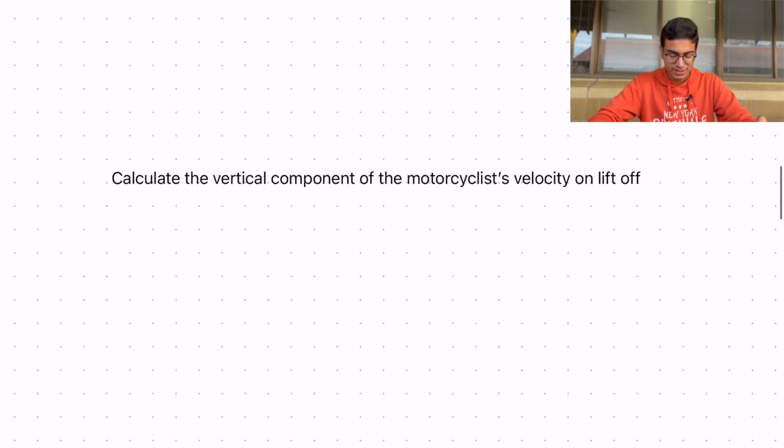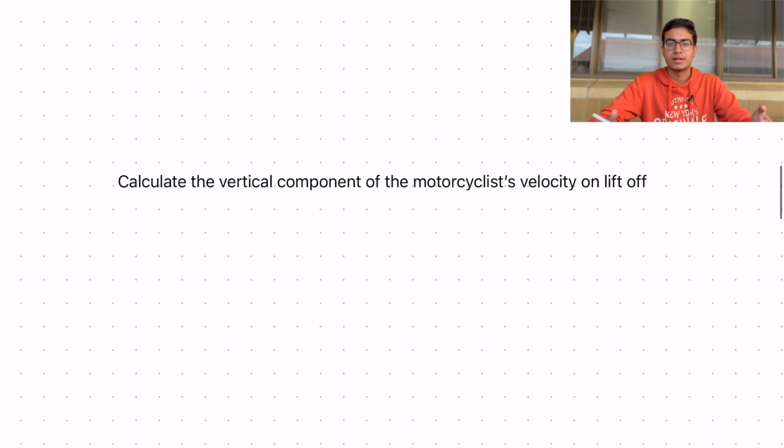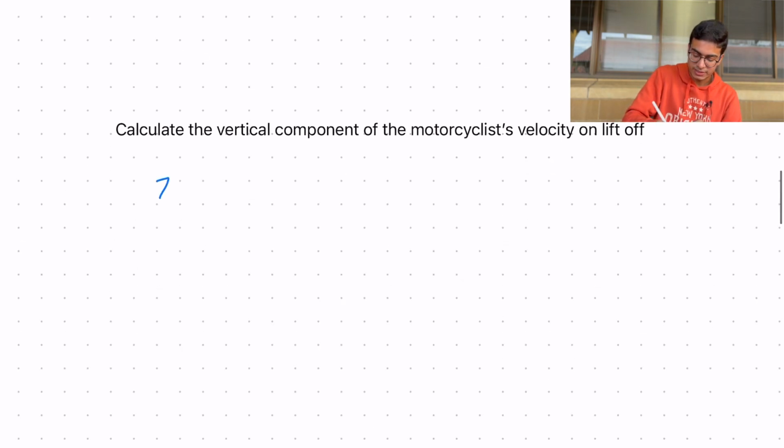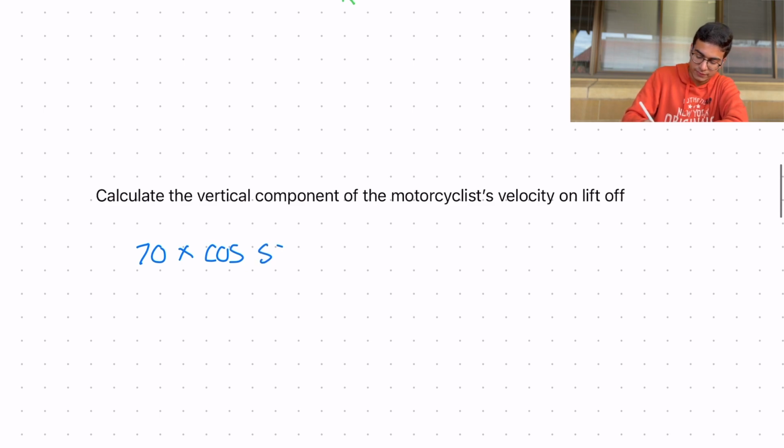The first question says, calculate the vertical component of the motorcyclist's velocity on liftoff. From the notes page, we should already know that to calculate the vertical component of any vector in any physics problem, you can just multiply it by cosine theta, where theta is the angle between the vector and the horizontal. So that's simply what we'll do here. We'll do 70 multiplied by cosine. Our angle here was 50 degrees, so that's what we'll use, 50. And if we punch that into a calculator, we get